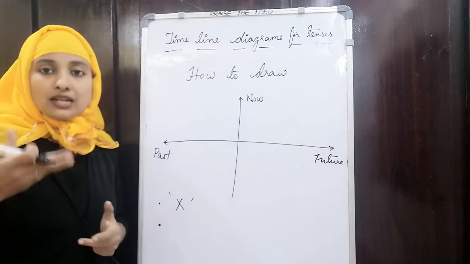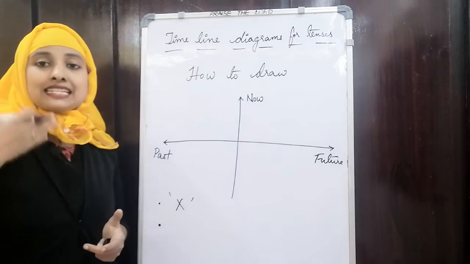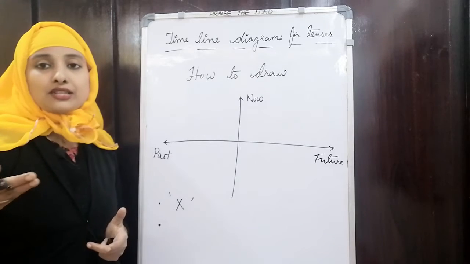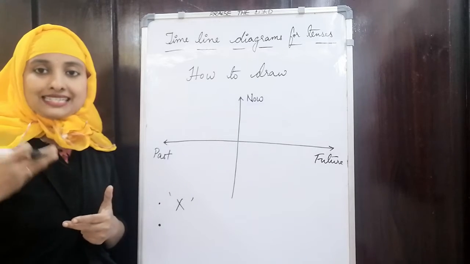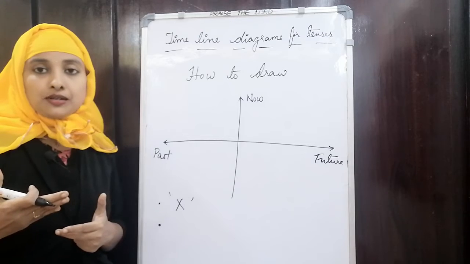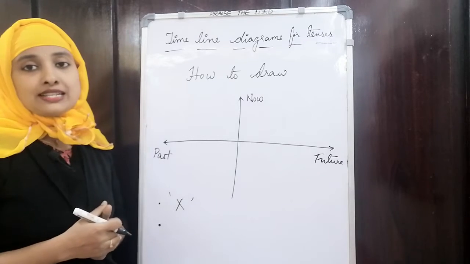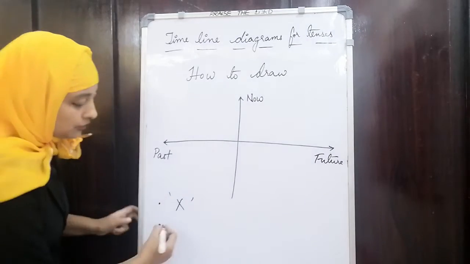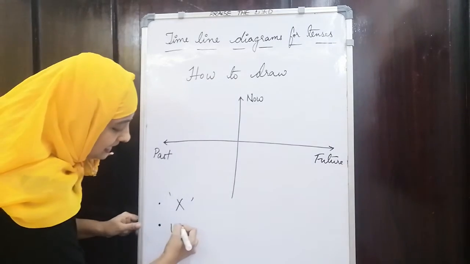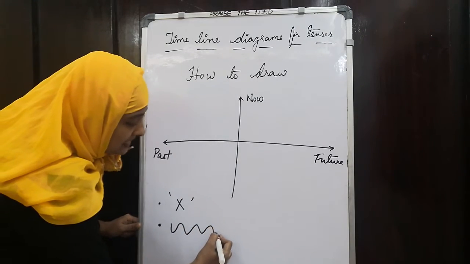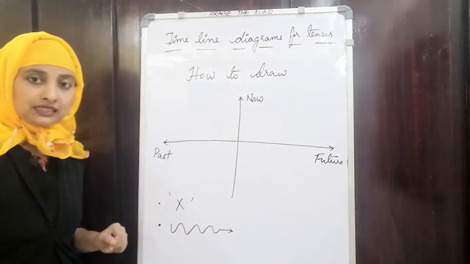What am I doing now? I am teaching. It is a progressive action, meaning it is still happening, progressive in nature. So how to represent it? Progressive aspects can be represented like this,